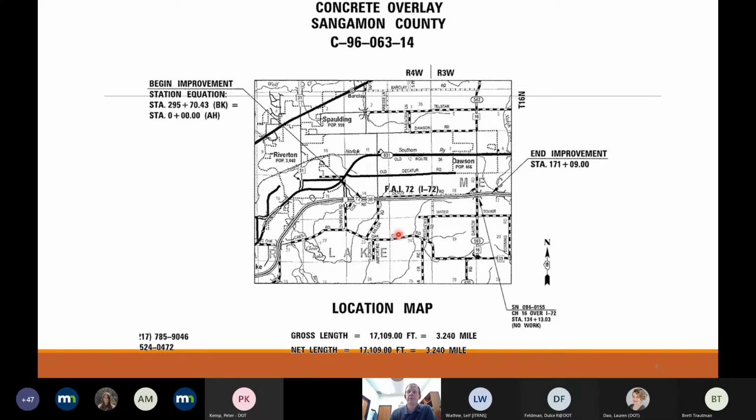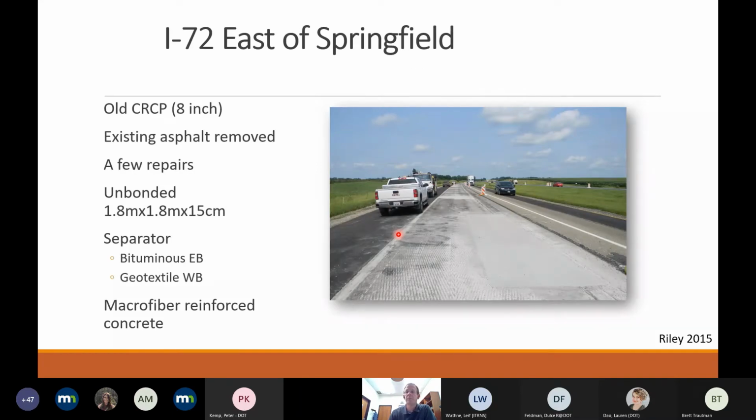It's a 4-lane divided highway that, I believe, was constructed in the mid 70s, and it was a continuously reinforced concrete pavement that had performed very well and had been overlaid a number of years ago. And that overlay was going to be taken off, and some repairs to the underlying CRCP were going to be done. And then the nice thing about this project that I think many of you will be interested in is